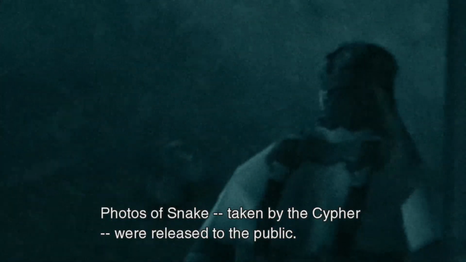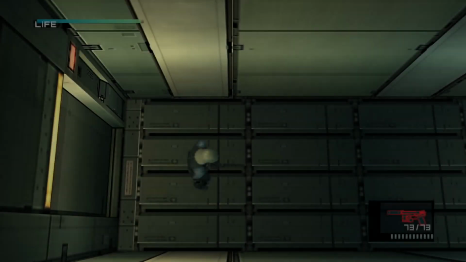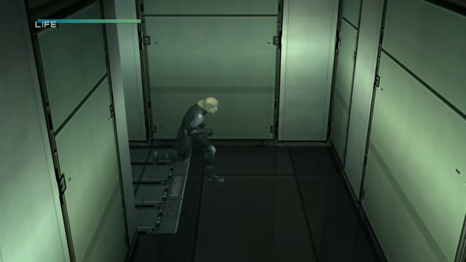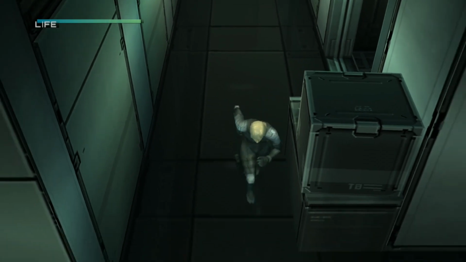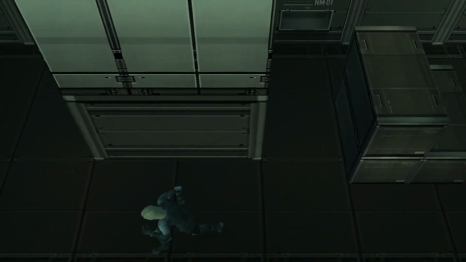Photos of Snake taken by... Yeah, now what happens, you can still lie down in that corner. But when you shoot him now, as he walks towards you, he sort of dodges out of the way. But if you just wait for him to crouch, you can just shoot him easily. So the strategy does still work for